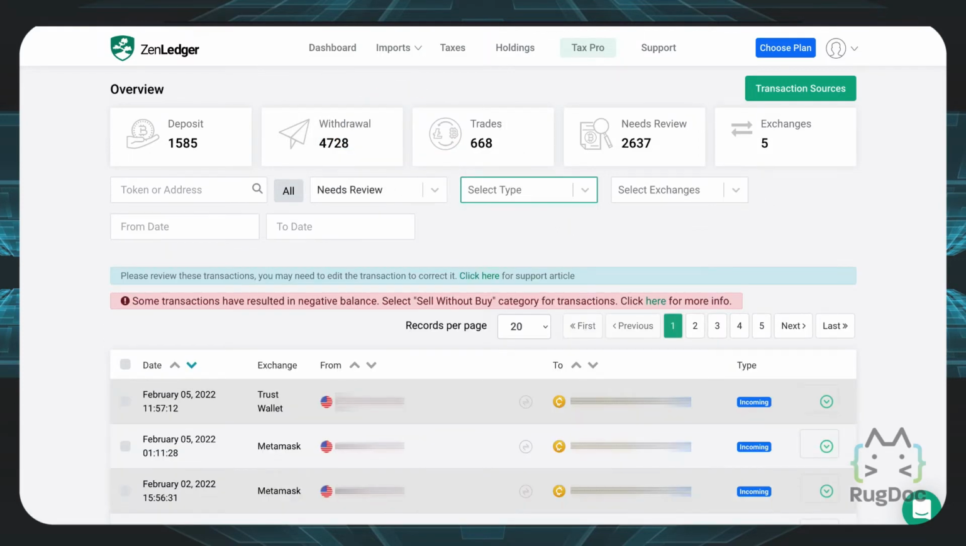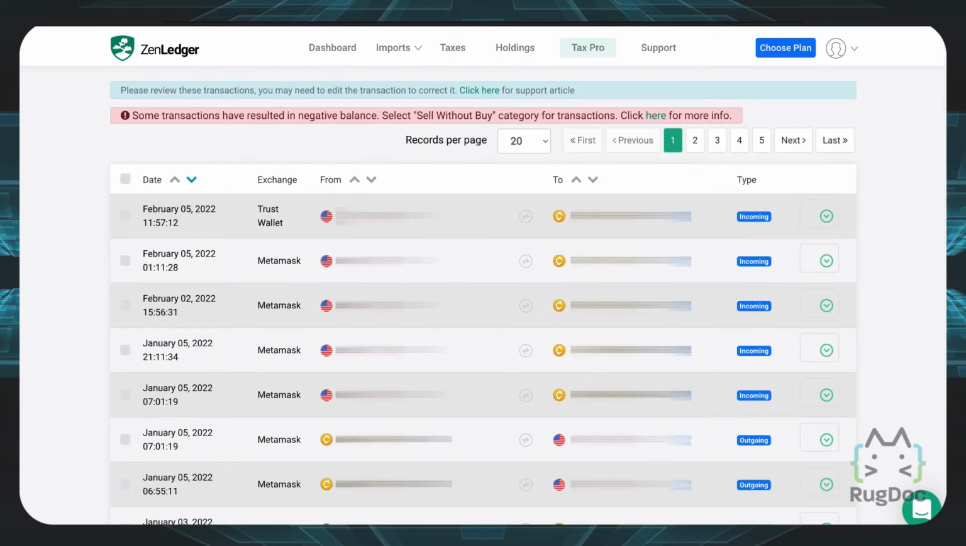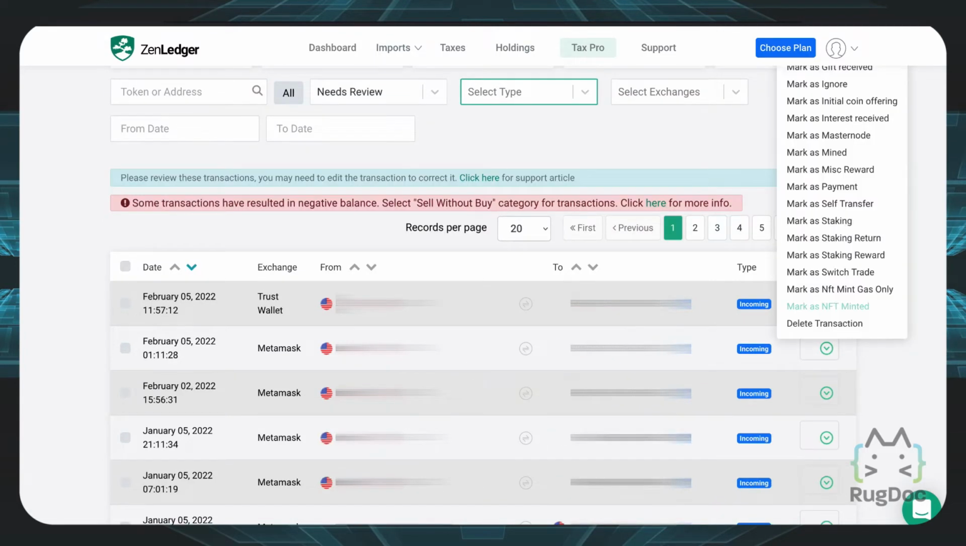Now, rather than actually downloading the CSV file and going through every single transaction, the more efficient way is actually to review these transactions myself. As you can see right here, I have 2,637 transactions that actually need to be reviewed. Now, on my transactions list right here, I can see every single transaction that I have that actually needs to be classified. I can do that by clicking on the green arrow here on the right side and then classifying